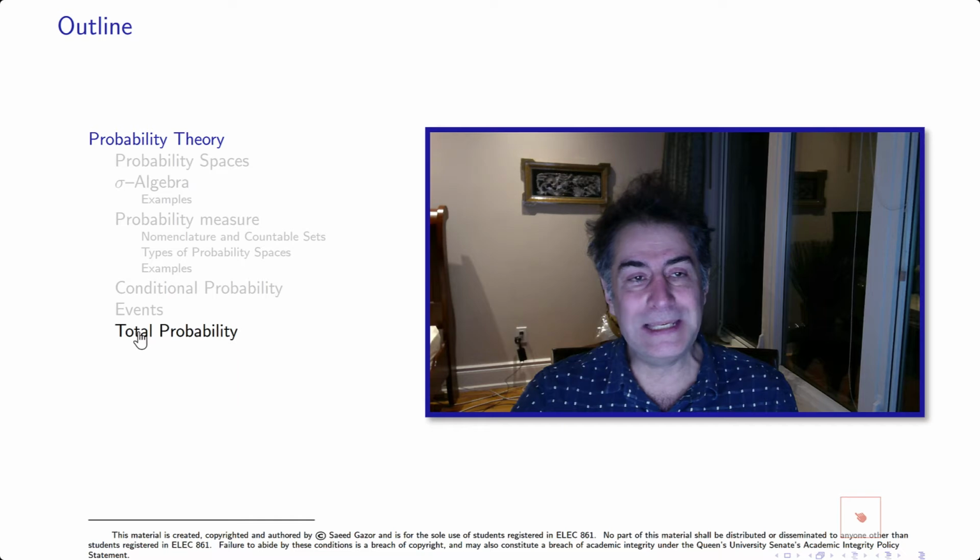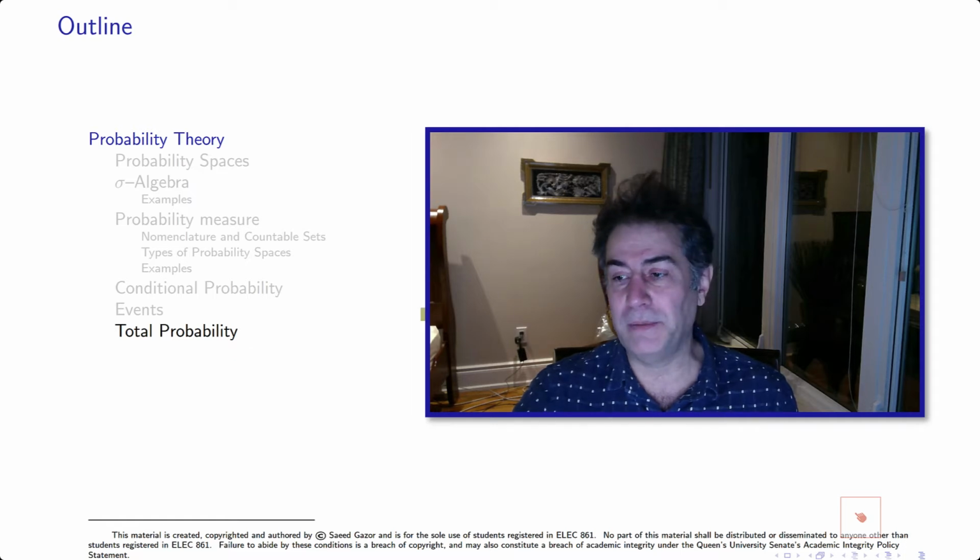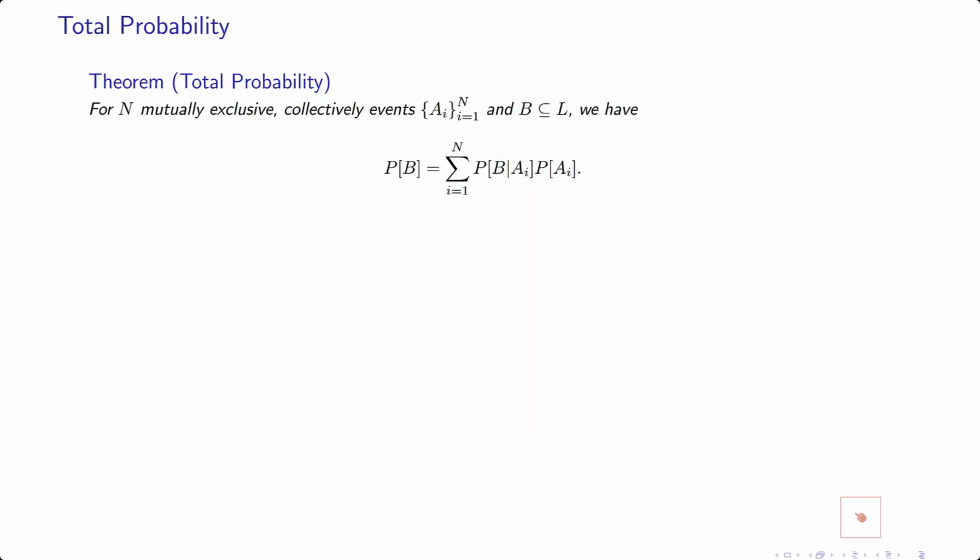together. So in this section, which we call total probability, we see a very simple theorem, which is derived from conditional probability and then the additivity property of the probability measure. So this theorem says that if you have a number of mutually exclusive and collectively exhaustive events, it doesn't need to be finite, but it should be countable. So you have Ai such that these Ai are